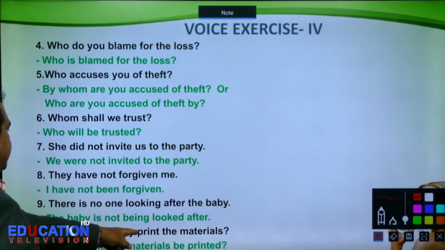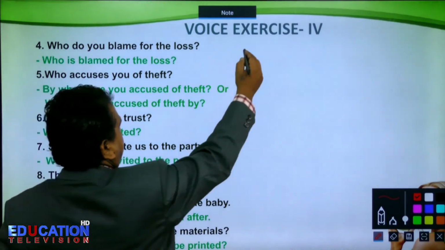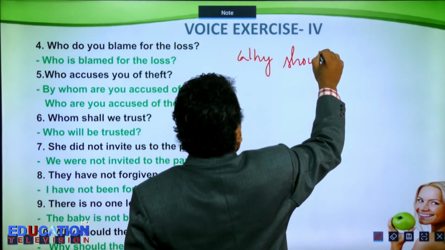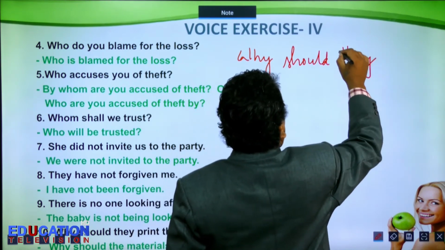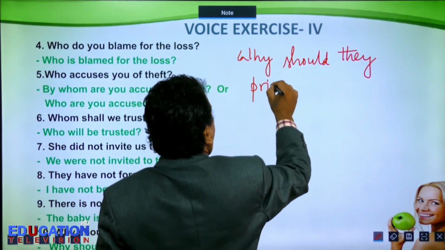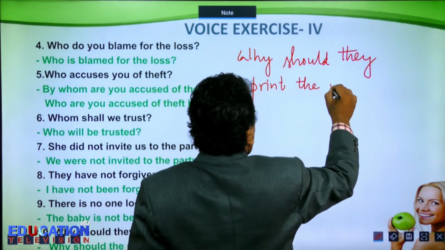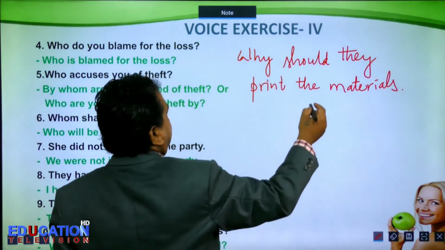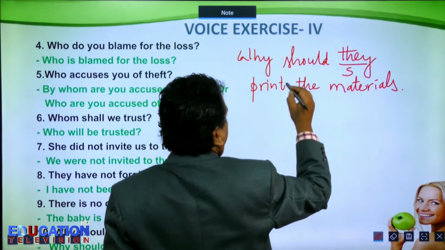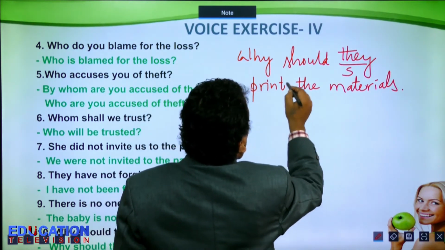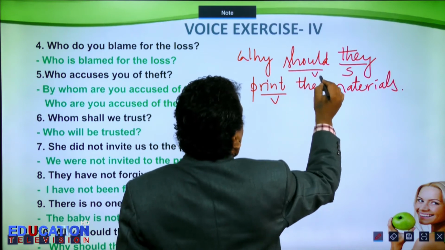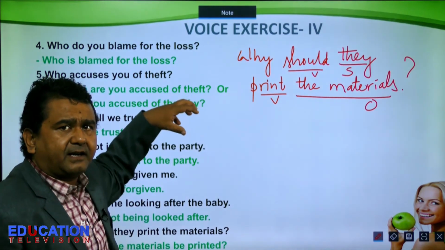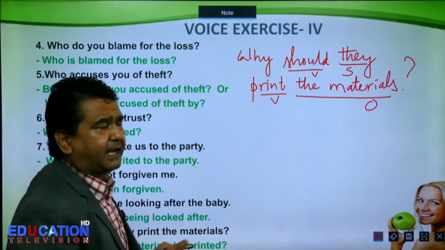Why should they print the materials? Remember, they as subject, should and print as verb, the materials object. So you have to draw the materials at first as the subject. So that would be